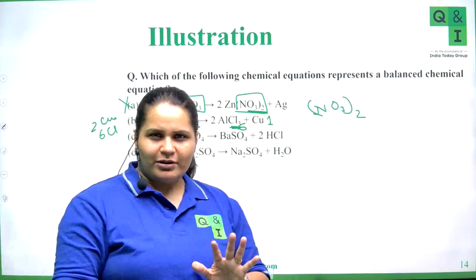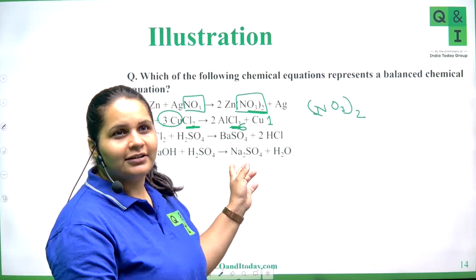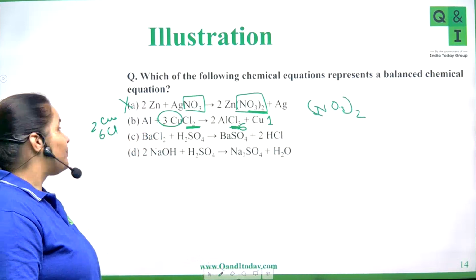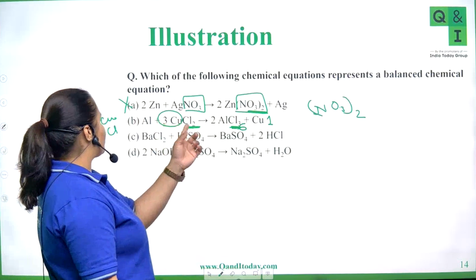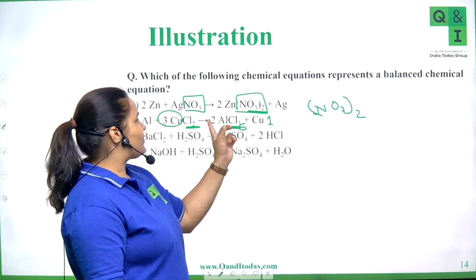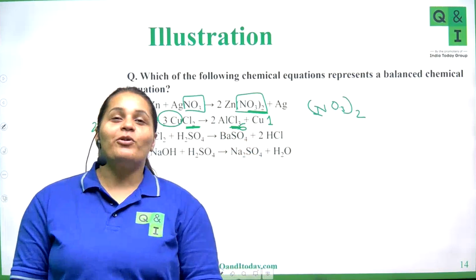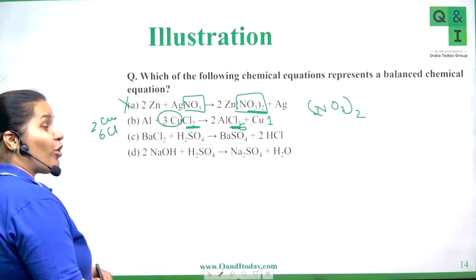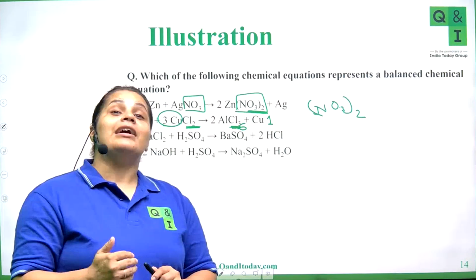So do you think that chlorine is unbalanced here? Yes, ma'am. I feel it's unbalanced. See, here we have 6 chlorine atoms, and here also we have 6 chlorine atoms. Oh, I didn't see the number. Sorry. Right? So the copper is balanced here. Yes. Okay, so this is how we should attempt a question while we are practicing